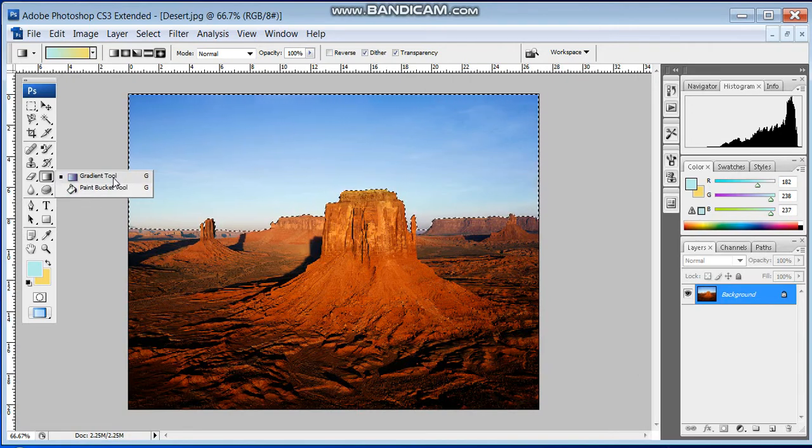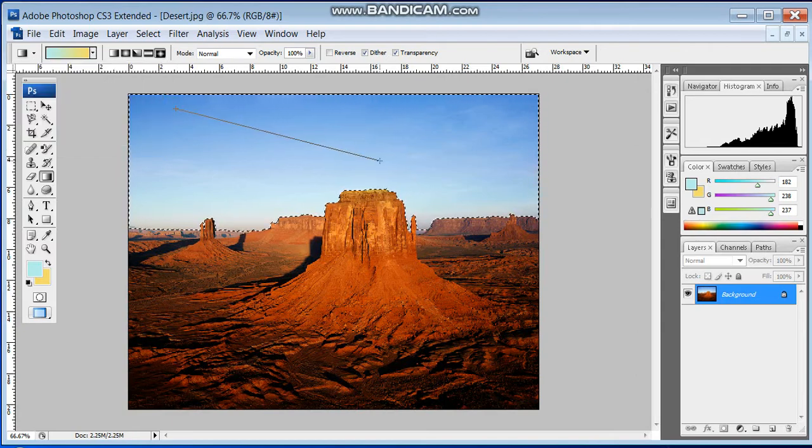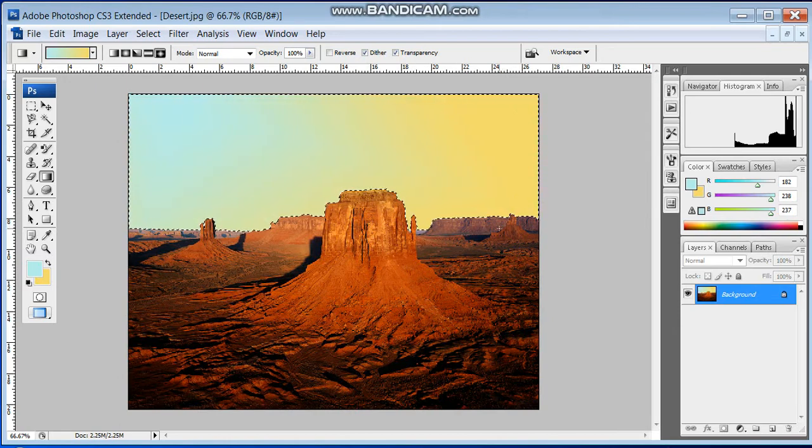So I am going to select the gradient tool. Now here you can see shading is there in these two colors. So I am going to select this shading and simply drag a line on this area. What happened? My background color has changed.